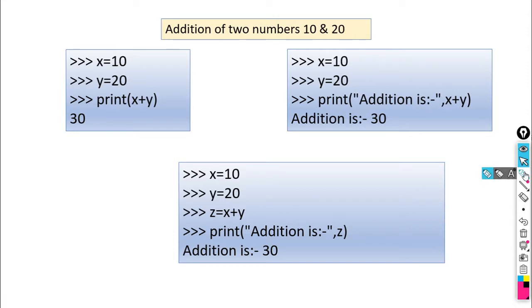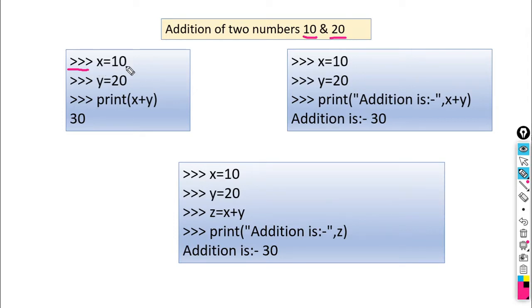Two constant numbers are given here. First one is 10 and second one is 20. We have seen how we can store these values to variables, so like this, we can do this addition also. This is your Python prompt. When you click on Python, you will get this prompt.